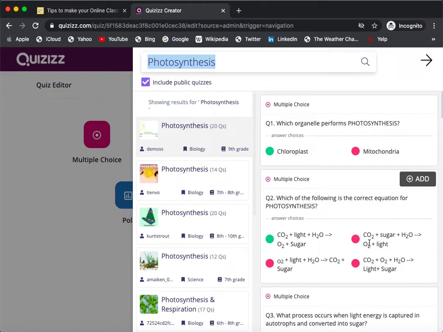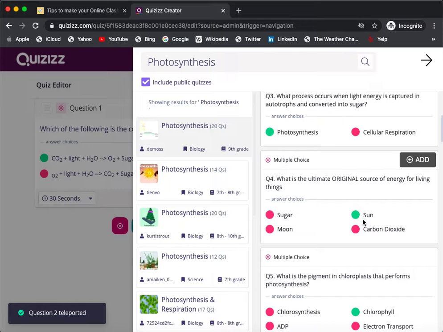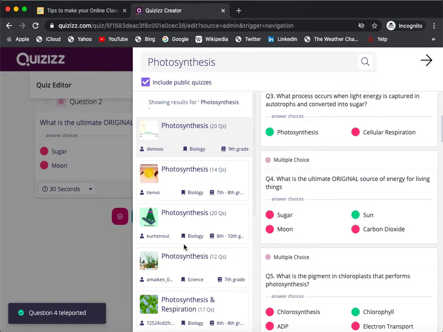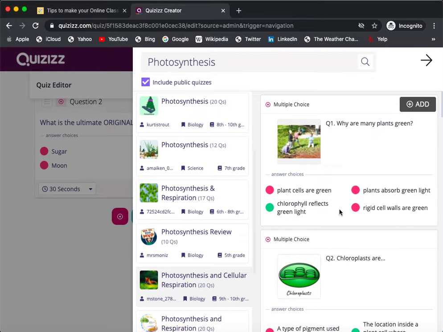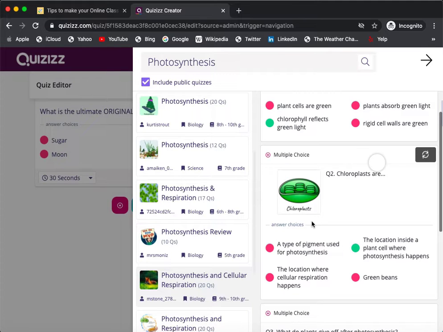If this is as per my class, I can just go and see that this is okay with respect to my class. I'll start adding the question. So my question is getting added into my quiz. These are the sample quizzes that you already have over there. Go and just start having some nice questions for yourself. You have a question on chloroplast, and